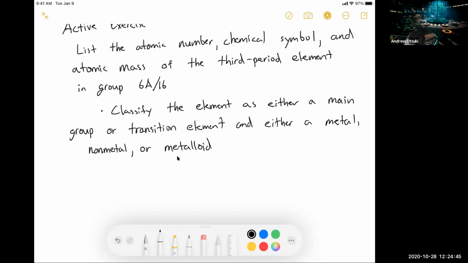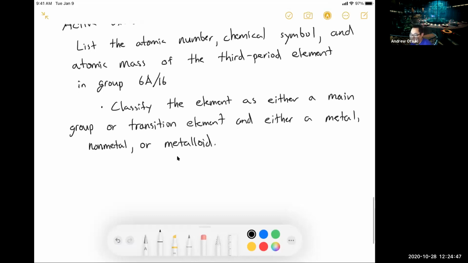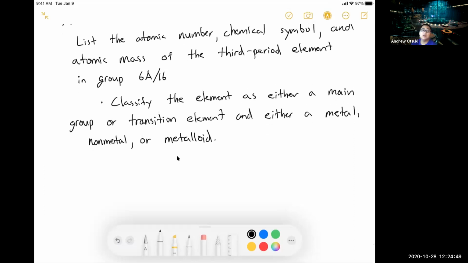So we use the periodic table to help you with this. That's why we have it for you. Now let's spend a few minutes to work on this, and then come and check back as I discuss the answer. So we're going to go to group 6 or 16, and if we look at our periodic table,